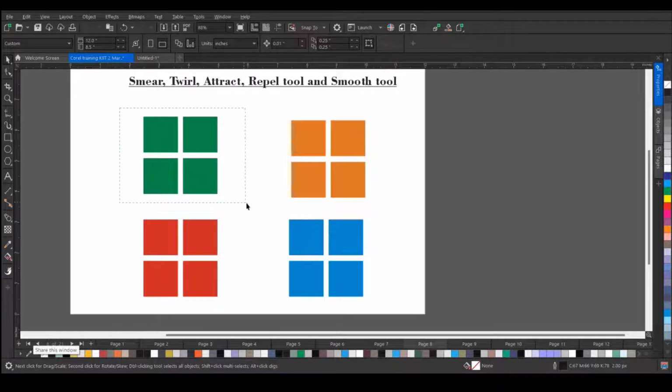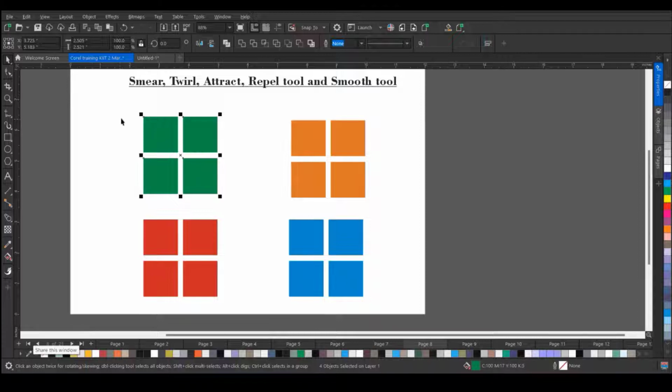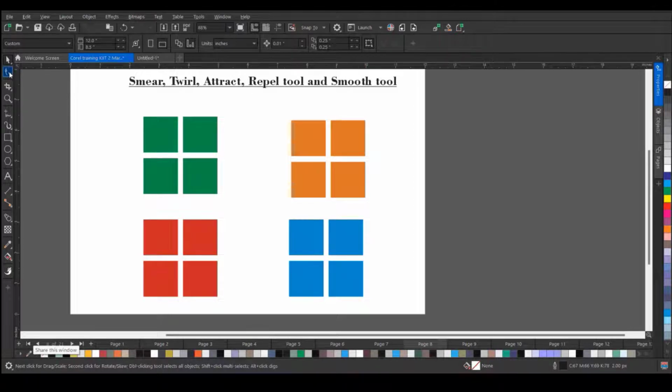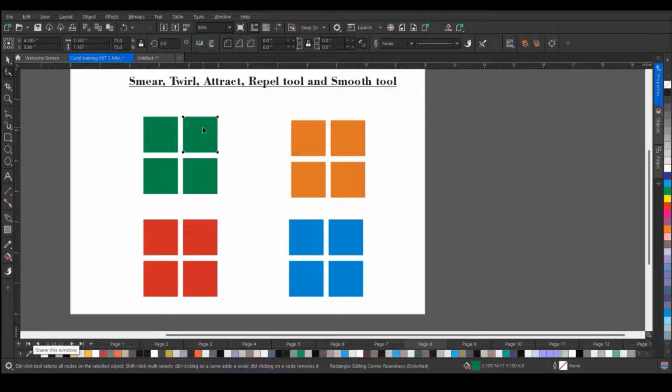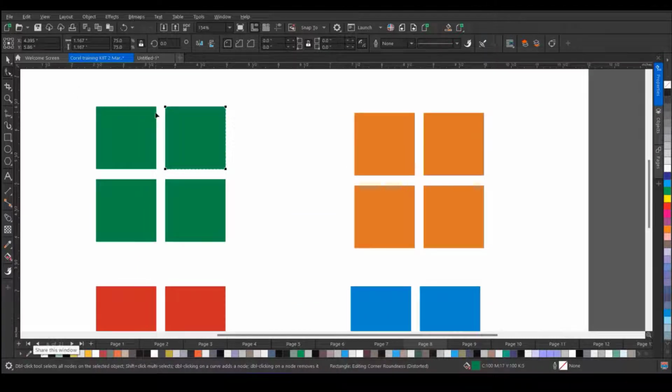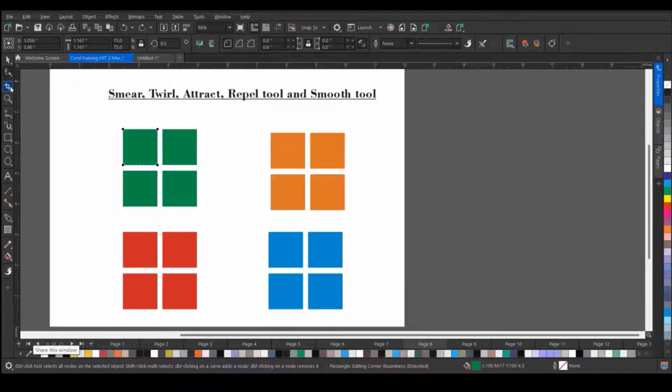Now, as you can see, we have a couple of squares over here, and within this shape tool we have some advanced tools called smear, smooth, twirl, attract, and ripple, and other options also. So for example, apply smear to these vector shapes. First of all, let me show you, these are all vector. If I select the shape and go to the shape tool, you will find those nodes over here. Can you see those nodes? If I select them all together,